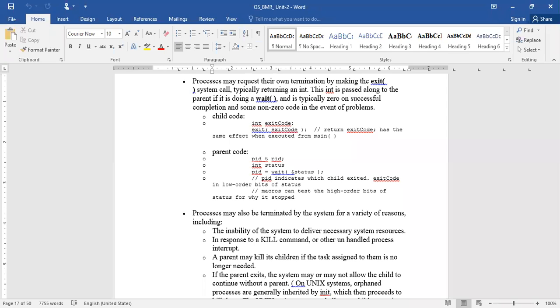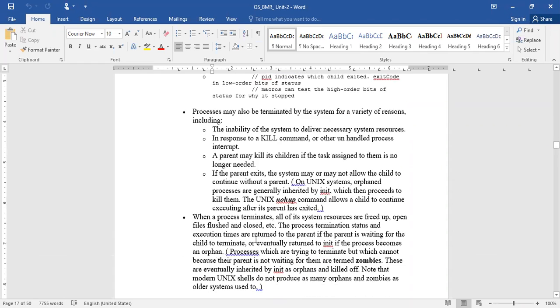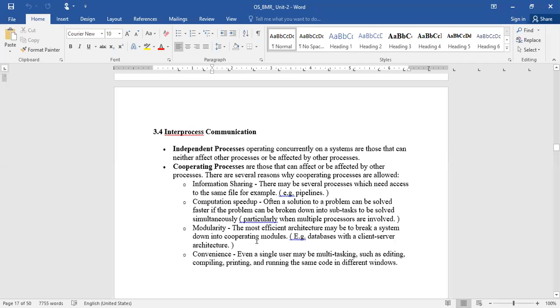What does the kill command do? It is used for forcefully terminating processes which are in the running state. There are several such reasons for the system itself terminating processes.